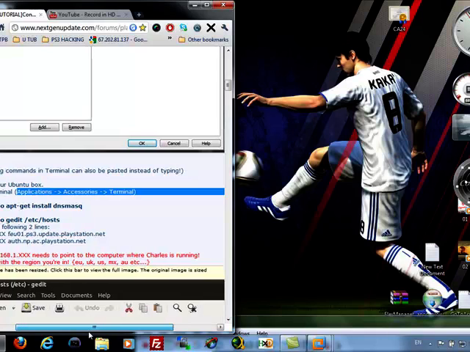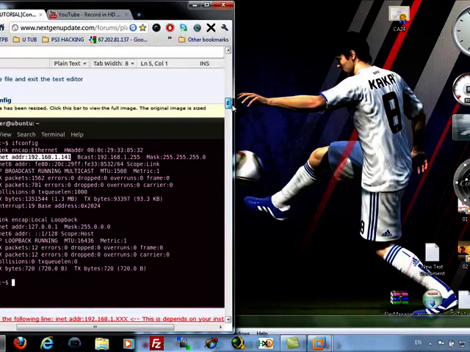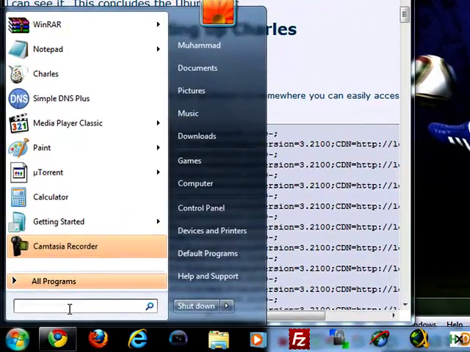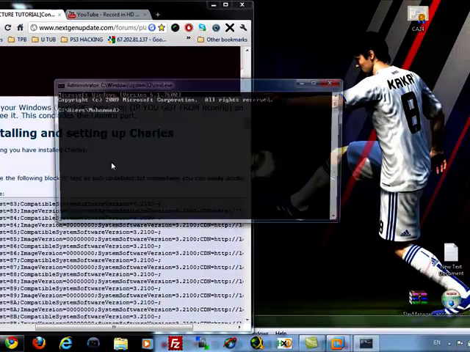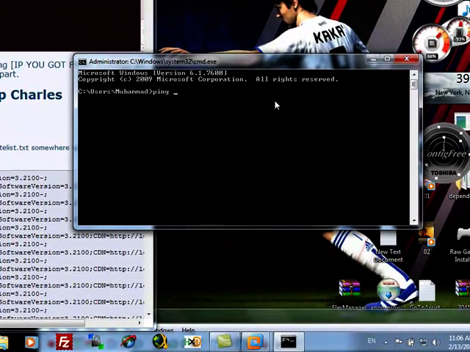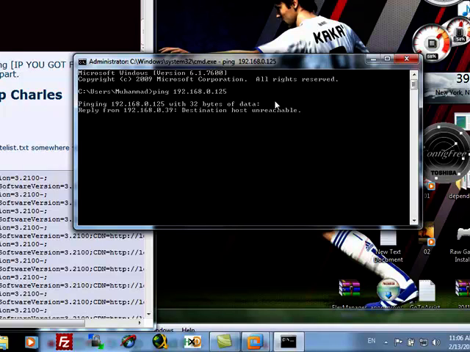Excuse me. Okay, so it says from the Windows. If you're running Vista or 7, just type in cmd. Then type in ping, and then whatever IP address you got from the Ubuntu machine. In my case it was 192.168.0.125. Hit enter, and if you get something similar to this,